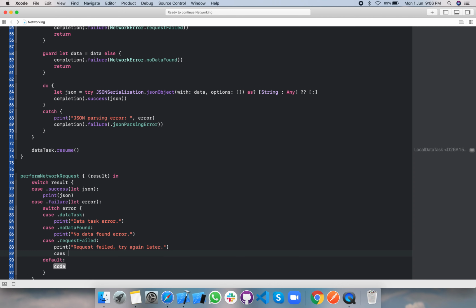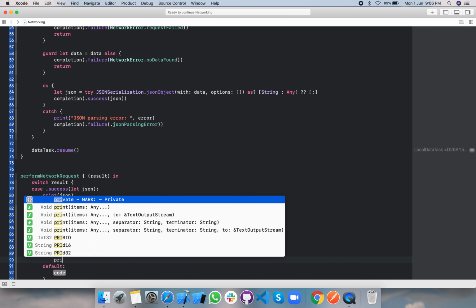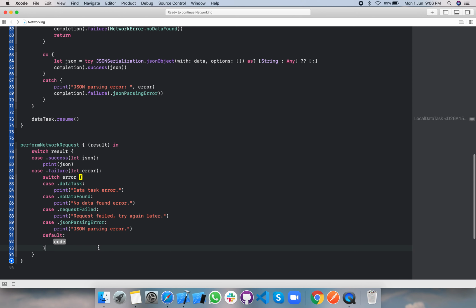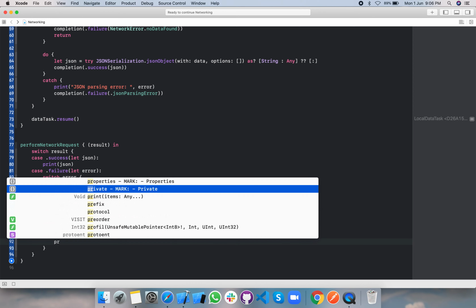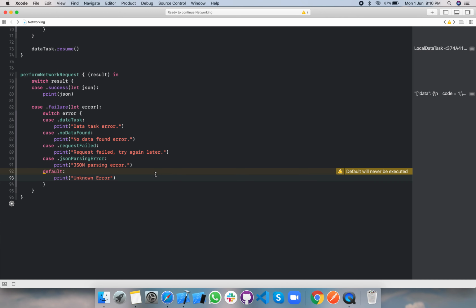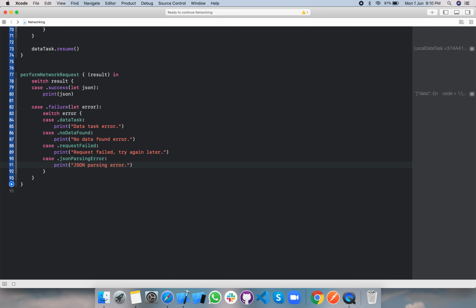And in case of JSONParsingError, we can write JSON parsing error. And in the default case, we can print unknown error. We can actually remove this default case since we have covered all the cases. In case we don't cover all the cases, we need to write a default statement here.